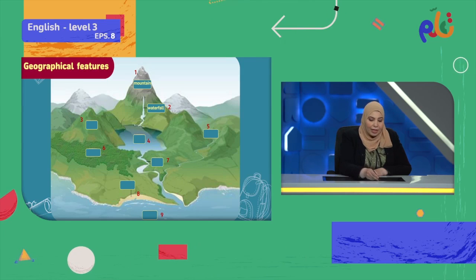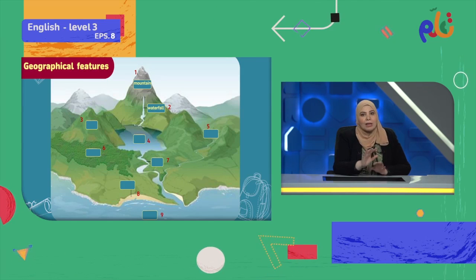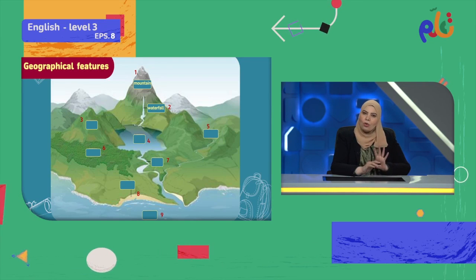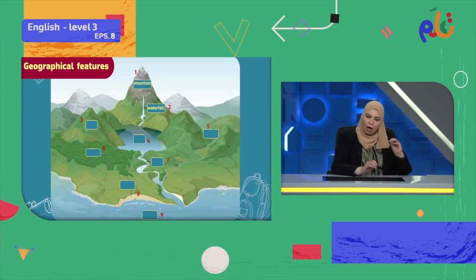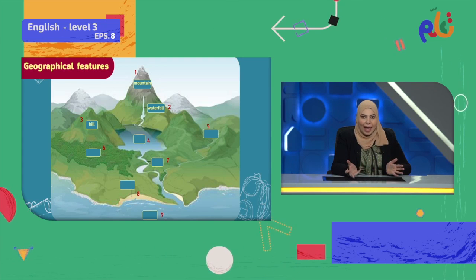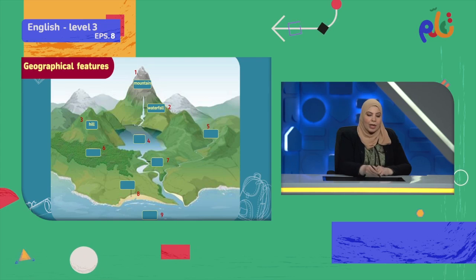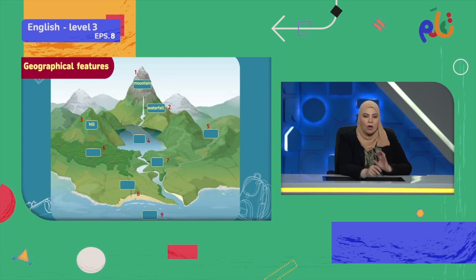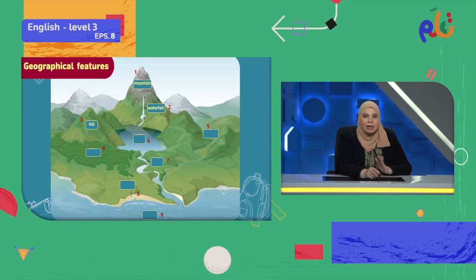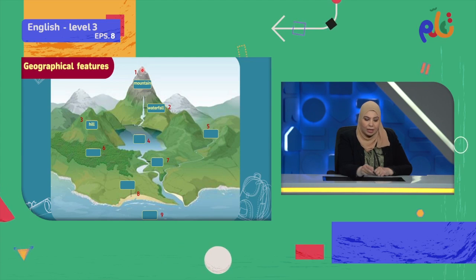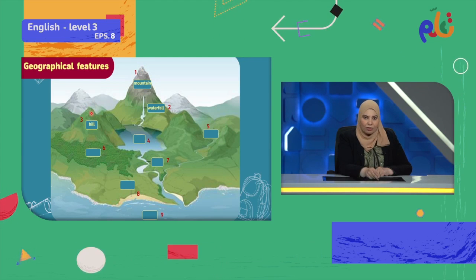And for number 3 here, we have something which is similar to a mountain but not as high. It's a bit similar but not very high like a mountain, and this is called a hill. Like we said before, when we speak about a hill, it is usually green. The hill is a green area. The mountain, if we look at it, is not green, but the hill is green.